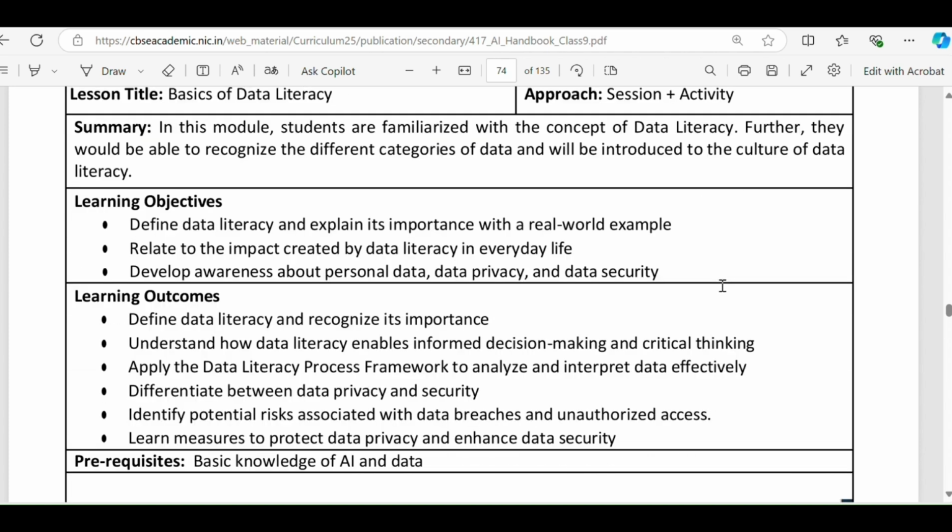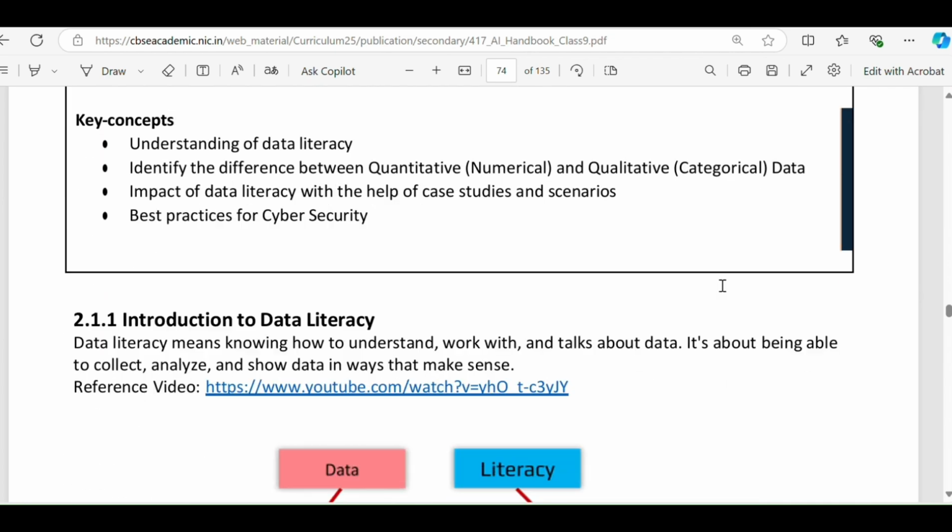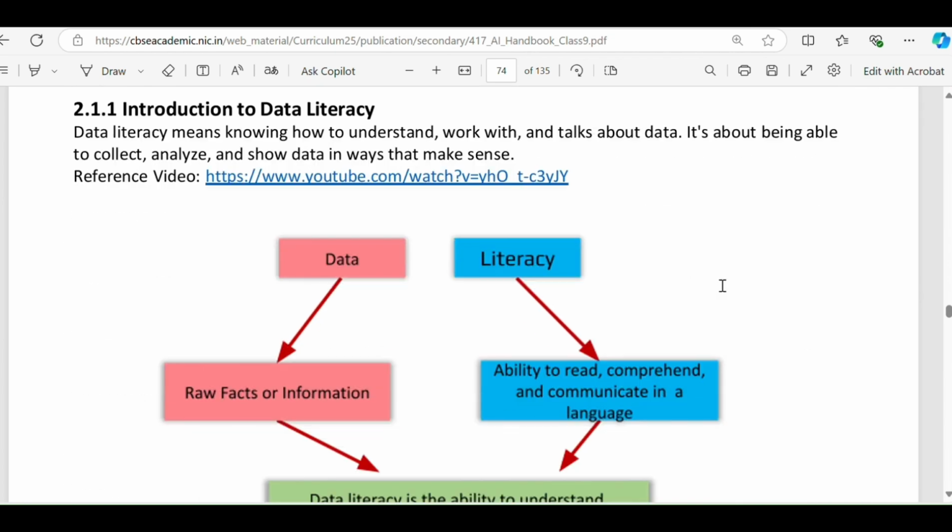Now we will start without wasting the time. What is the introduction of data literacy? What do you mean by data literacy? Actually, this year they have changed the syllabus. How I have said to you in the previous video, same way they have changed the syllabus. Previously, last year in class 9, the second chapter used to be AI project cycle, but they have joined that AI project cycle to the first chapter and they have introduced data literacy, which is very important